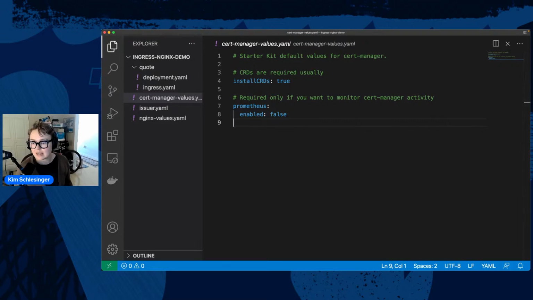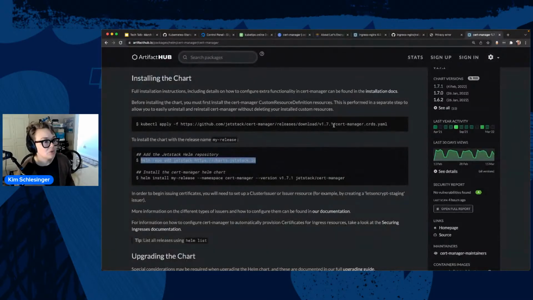All right, I need a big, long command, which I have in my notes. First thing, create a namespace, kubectl create namespace cert-manager, so we can have all that stuff in one place. And then I'm going to install cert-manager. And so I used version 1.7.1 to install the custom resource definitions.